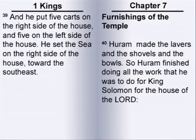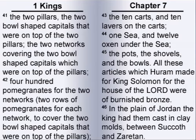And he put 5 carts on the right side of the house and 5 on the left side of the house. He set the sea on the right side of the house toward the southeast. Huram made the lavers and the shovels and the bowls. So Huram finished doing all the work that he was to do for King Solomon for the house of the Lord. The 2 pillars, the 2 bowl-shaped capitals that were on top of the 2 pillars, the 2 networks covering